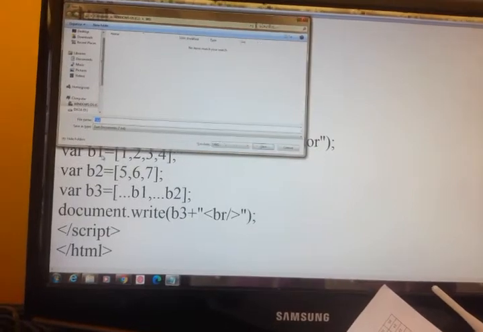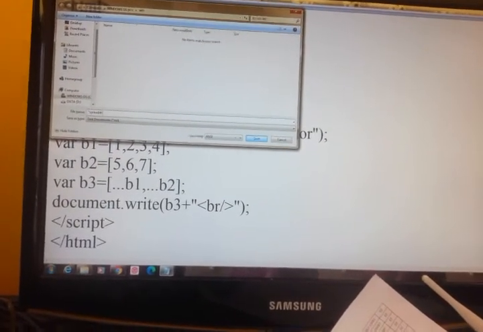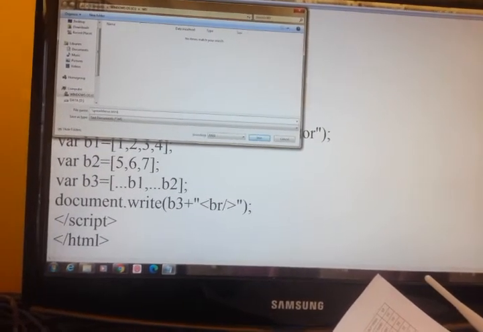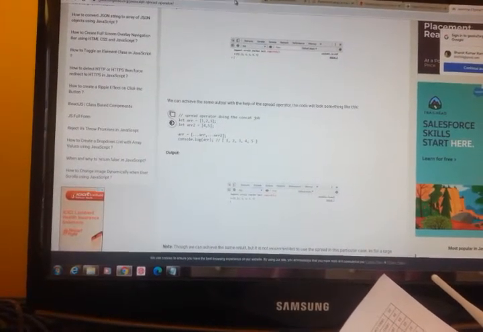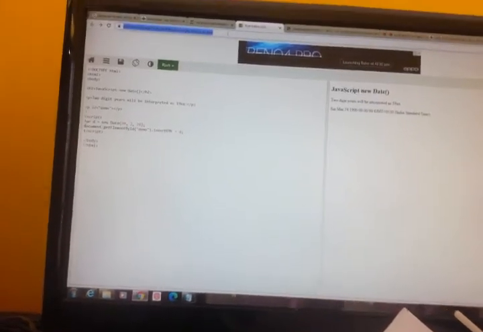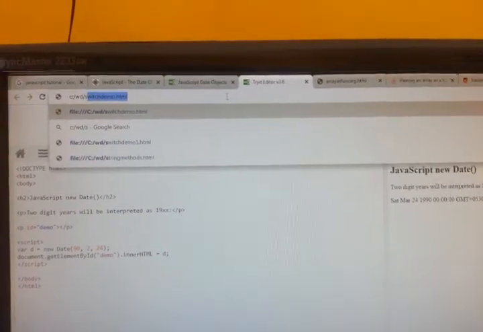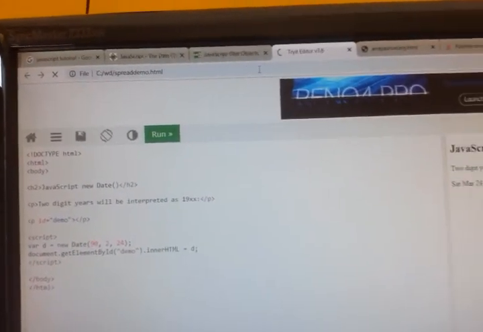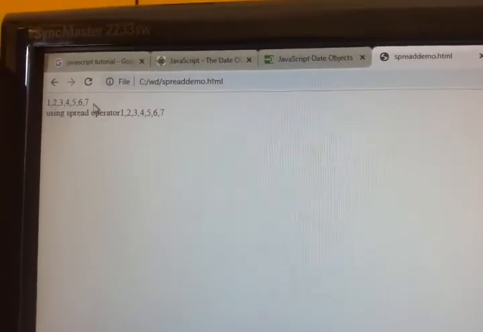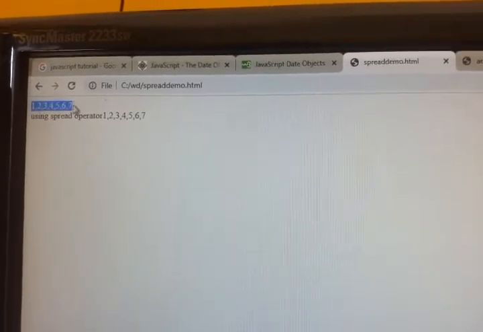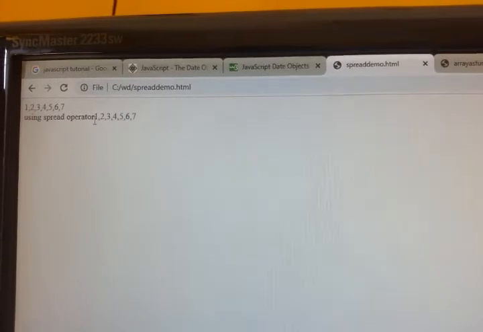Just save the code, spread demo.html. See, this is what we got using concat, and using the spread operator also I got the same thing.